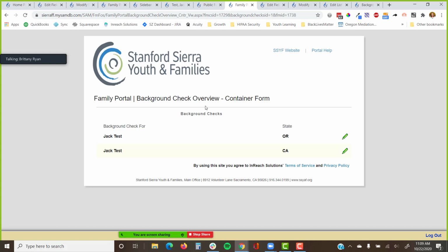So for Stanford Sierra, we have California, but we also have an office in Nevada. Our main office is in California, but our sister office where families can also come through is in Nevada as well. So we have mainly Nevada and California,